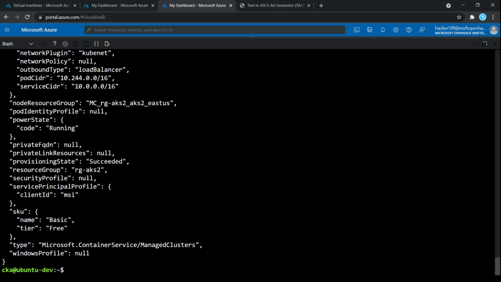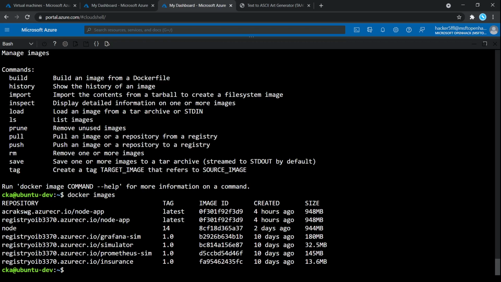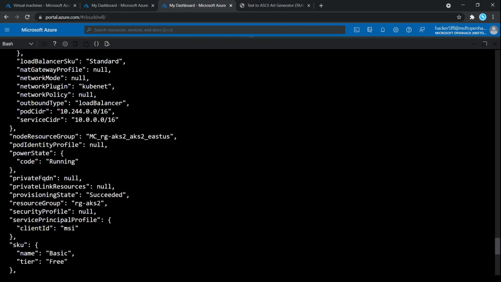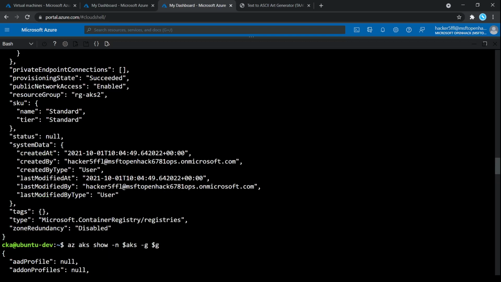Okay. Now I have got a couple of images on my local machine. If I run the images command, I get to see the images, right? You can see that one of the images is named ACR AKS WG. Now, just to show you what I have done before, when I created the ACR,